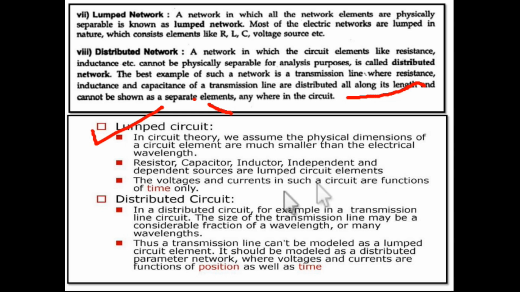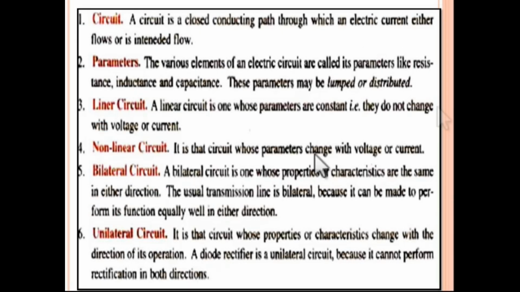So you can see over here, in a lumped circuit, resistor, capacitor, inductor, independent and dependent sources are lumped circuit elements, and these are physically separable. And in a distributed circuit, for example, in a transmission line circuit, the size of the transmission line may be a considerable fraction of a wavelength, or many wavelengths. Thus a transmission line can't be modeled as a lumped circuit element, so it is a distributed element, and it should be modeled as a distributed parameter network, where voltages and currents are functions of position as well as time. So as you can see over here,